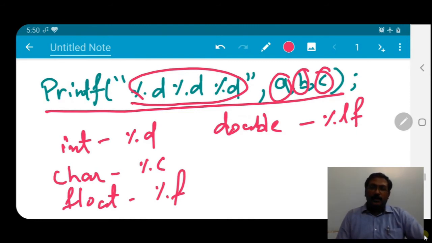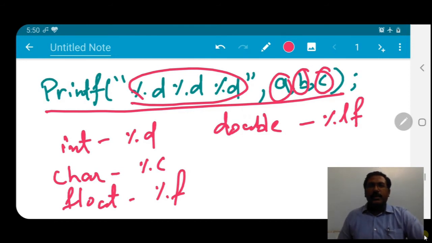If you have a float value, you have to write %f. If you have an integer, you have to write %d. Fine. And this particular syntax or format you have to remember. You cannot forget this, because we need it each and every time, because printf is a function which is very widely used.